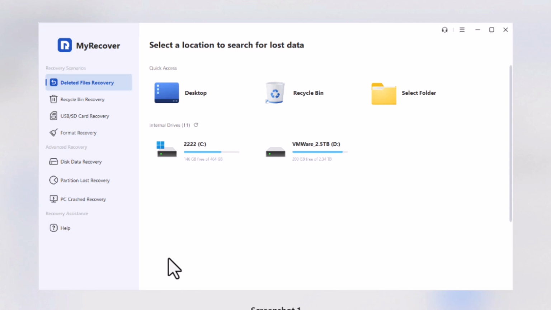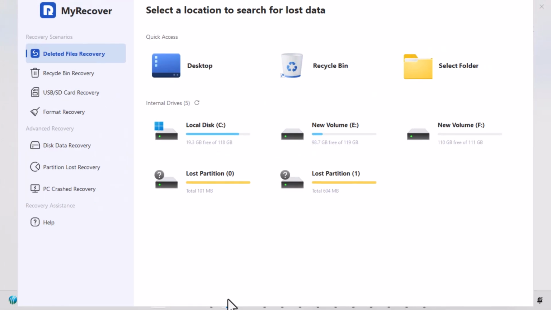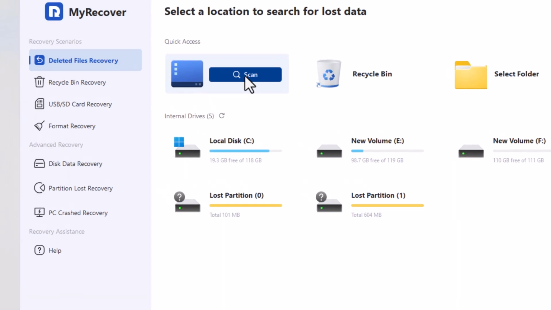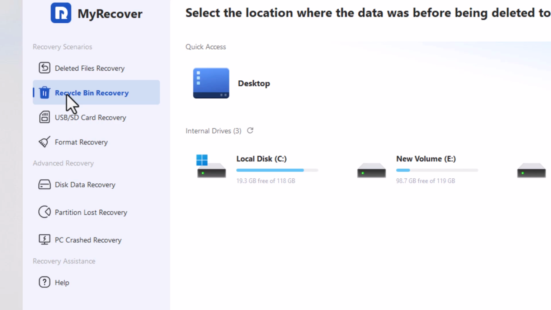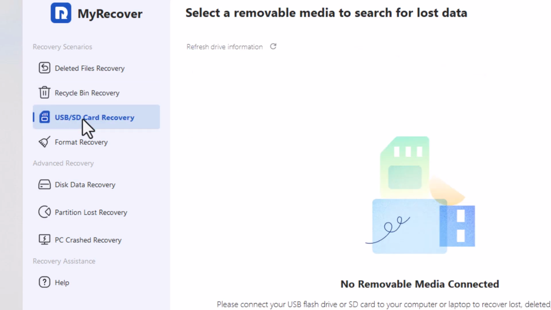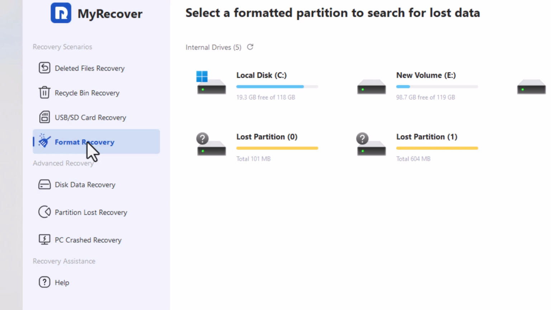Now, let's take a quick look at the app's interface. On the main screen, you'll see options to scan a folder or drive, perfect for starting your recovery process. Next, the Deleted Files Recovery section helps you restore recently removed items with just a few clicks. The Recycle Bin Recovery tab lets you bring back files that were permanently deleted. You'll also find dedicated options for USB or SD card recovery, and a format recovery tool for retrieving data from